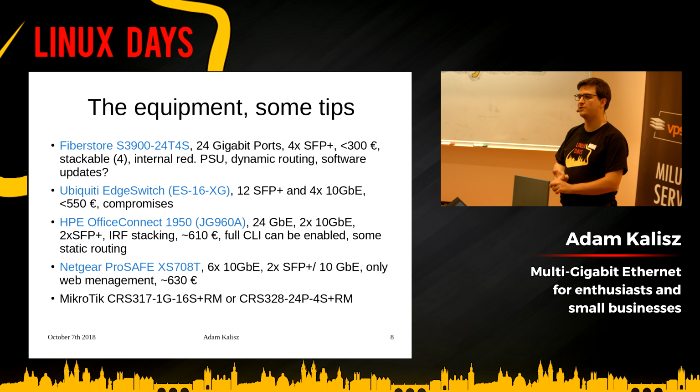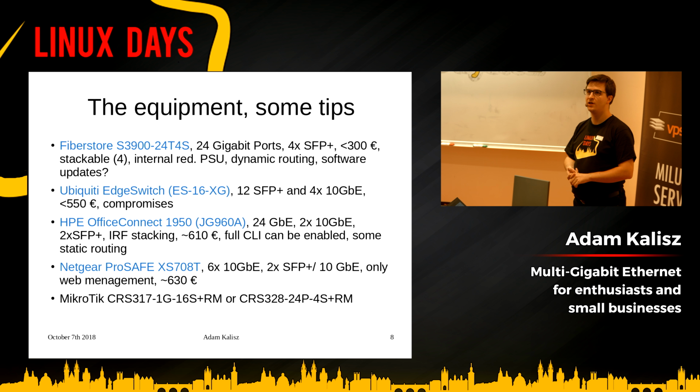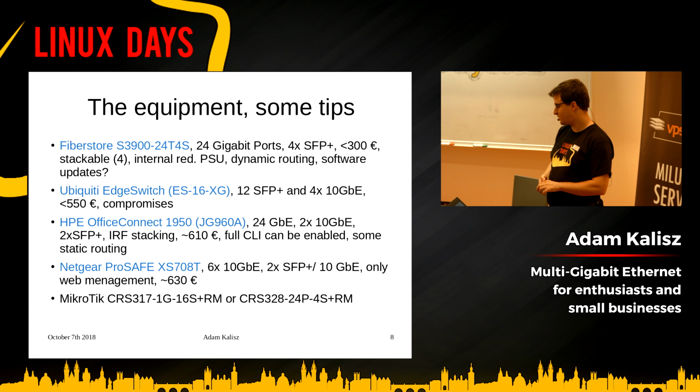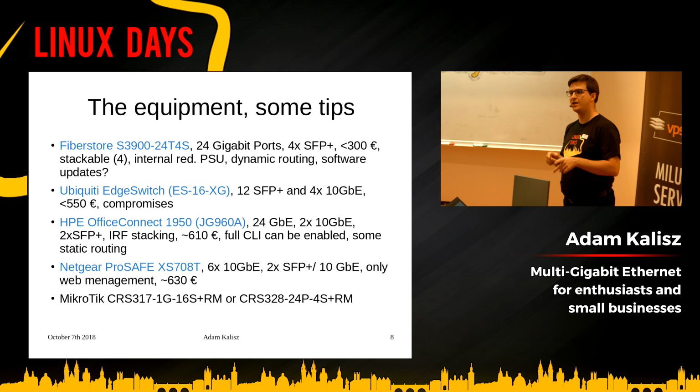It has a serious aggregation switch that has something like 16 10 gigabit ports, and it also includes this 24 gigabit Ethernet plus two SFP plus two 10 gigabit copper connectors. And this is the most inexpensive one of those. It costs 610 euros, so it's a bit pricier, but it usually comes without